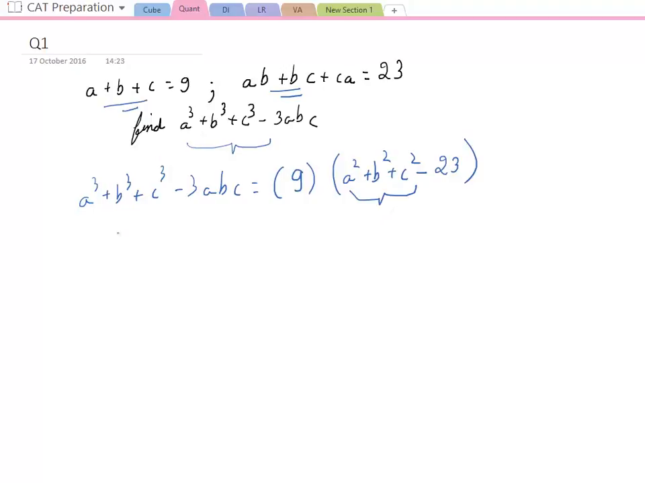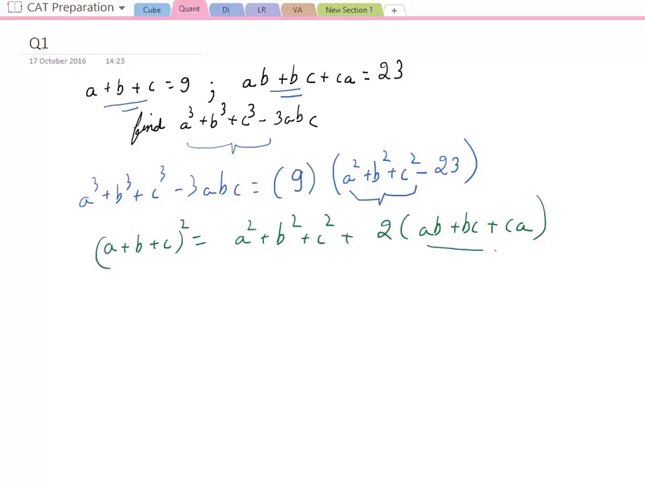And for this, we'll use the identity we studied in the previous video. So a plus b plus c square is equal to a square plus b square plus c square plus 2 into ab plus bc plus ca. Now we can substitute for ab plus bc plus ca from what is given in the question. We know a plus b plus c. We should be able to derive a square plus b square plus c square. So using this, we can calculate a square plus b square plus c square is equal to 9 square minus 2 into 23. I've just substituted the exact values,